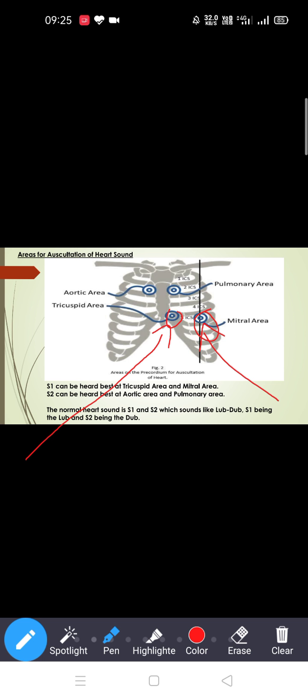Okay, so in these two areas, what will you hear? You will hear the S1. Okay, the S1 heart sound you will be able to hear in tricuspid area and the mitral area. Okay, then